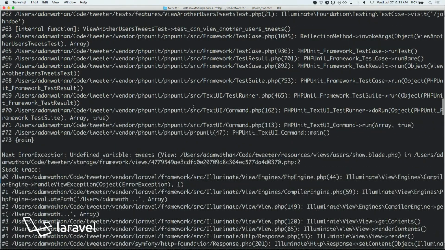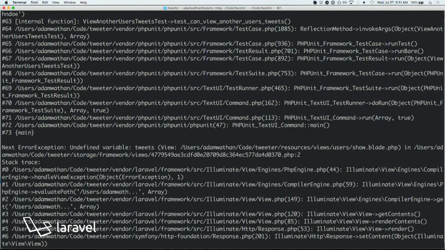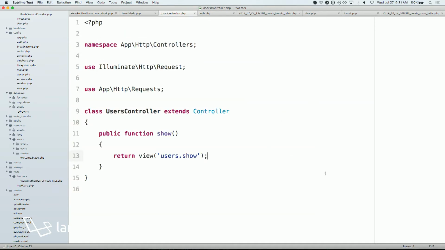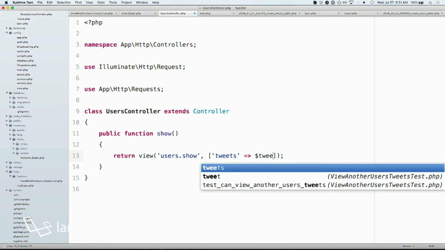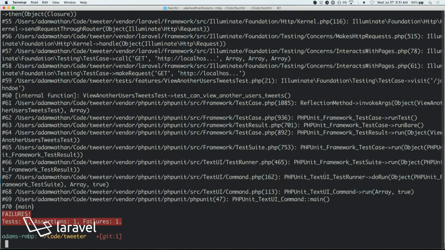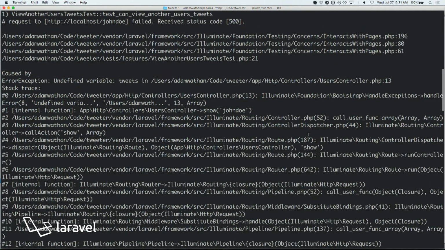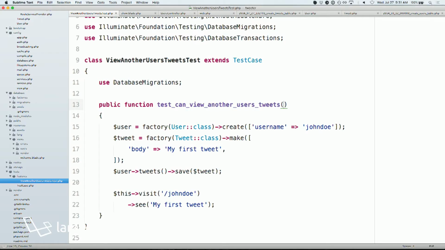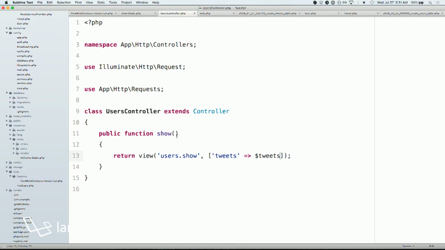So, scrolling up to this big nasty error, we get undefined variable tweets, just like we expected. So that means we need to pass in a tweets variable. So let's just say that the tweets should be our tweets variable in the controller, which also is yet to be defined, but we'll let the tests let us know about that. So we get a similar error here, but now the undefined tweets variable is in the controller. Okay, so heading to the controller, now we have to think: